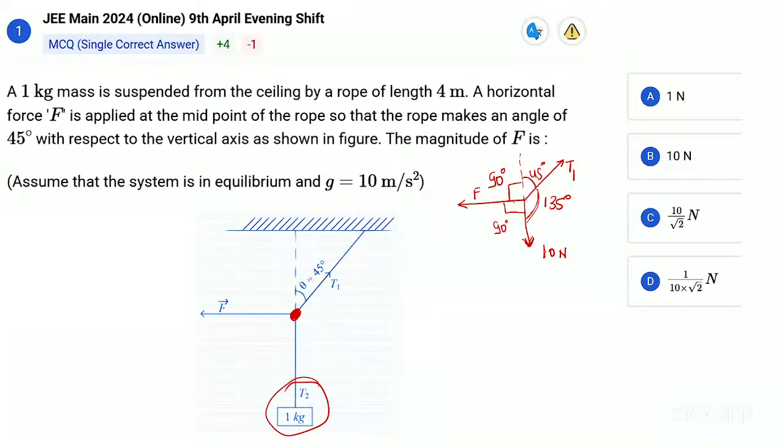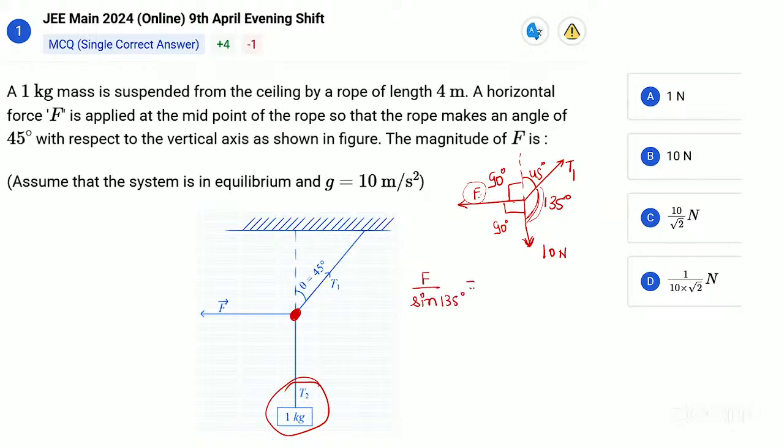Apply the Lami's theorem. So unknown force is F, known force is 10, so we have to make the equation between F and this. अगर मैं F को इन्वॉल्व करूंगा तो डेफिनेटली ये एंगल आएगा, क्योंकि F के सामने ये एंगल है। तो we can say that F upon sine